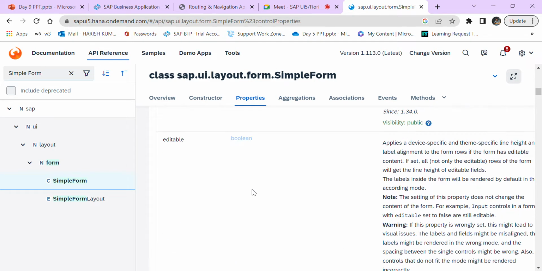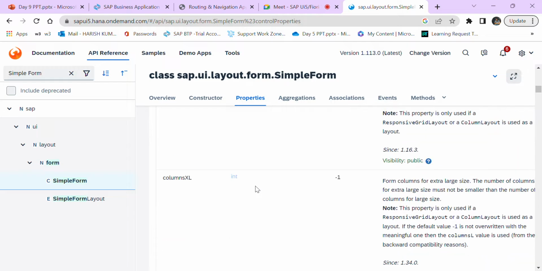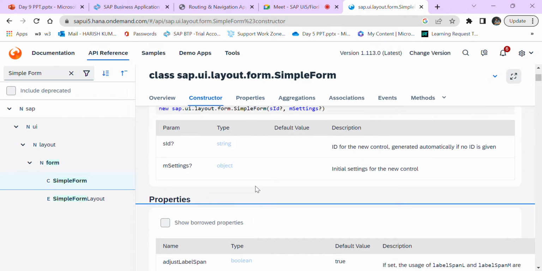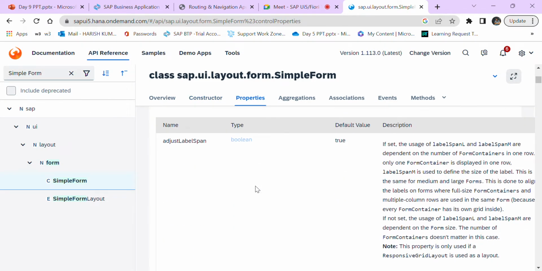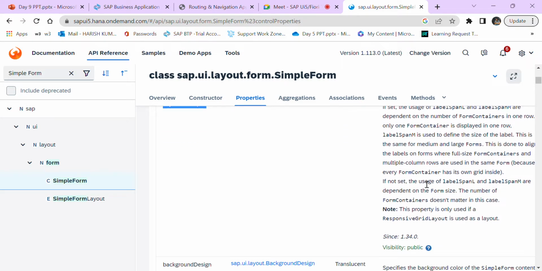I have tried all these things, but it is still confusing. Can you simplify it in some 5 or 10 minutes? What is that span XL, each and